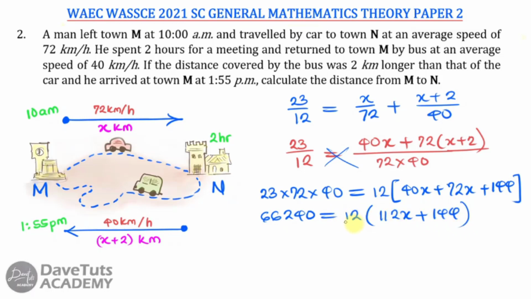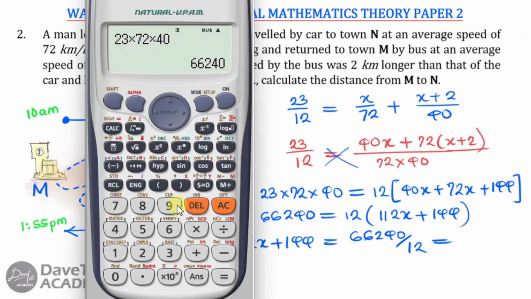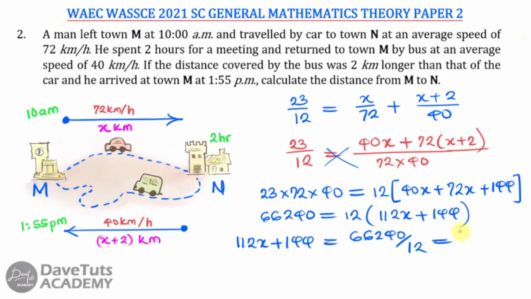Okay, so 12 I can actually use to divide both sides to say 112x plus 144 is equal to 66240 divided by 12, and that will give us what? So that answer divided by 12 is 5520, such that 112x will be 5520